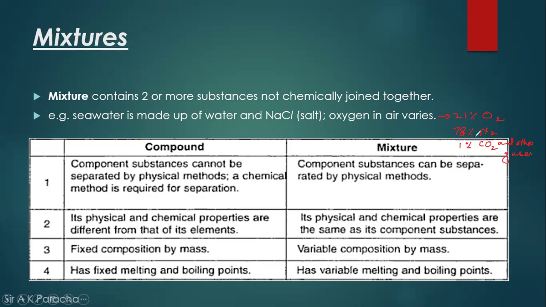So, there's a table showing the difference between compound and mixture. The component substances from which a compound is made cannot be separated by physical methods. A chemical method is required for separation, like a chemical reaction. While for mixtures, the components can be separated by physical methods. Okay, what are the physical methods, like